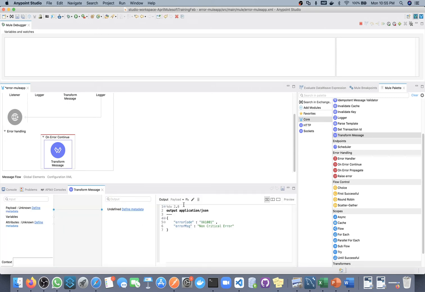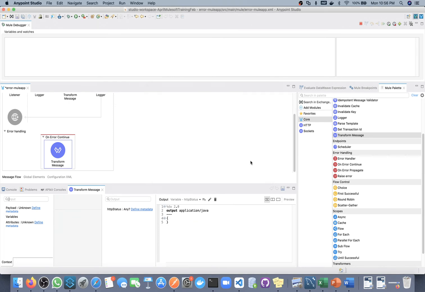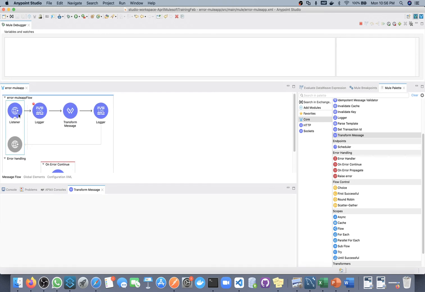So what I will do here is create one variable, and I will give the name HTTP status, and in HTTP status I will pass 200 directly.